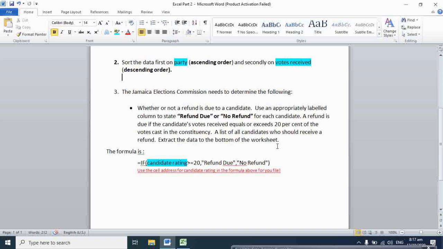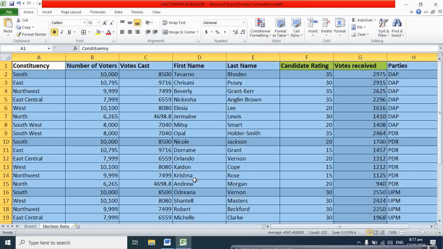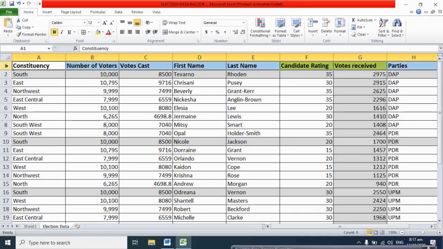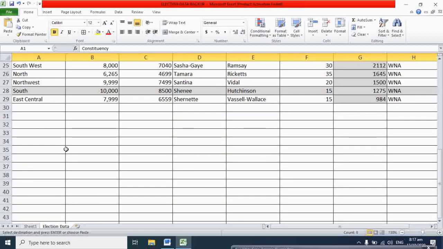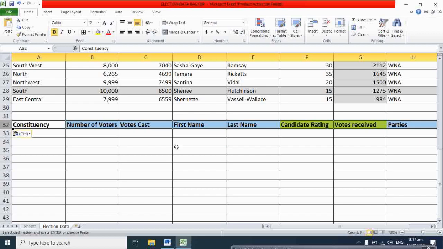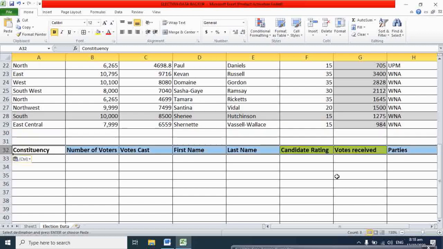So for us to do advanced filter, we are going to have to set up our criteria range area. So for us to use our criteria range, we'll use back our column titles or column headings. So I'll just copy these and paste it at the bottom, give it some space. I use back my column titles, and what we're going to do now